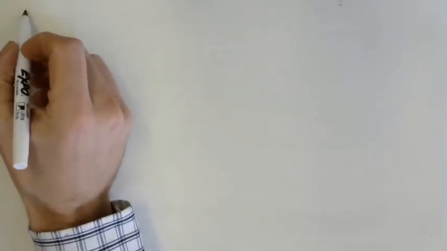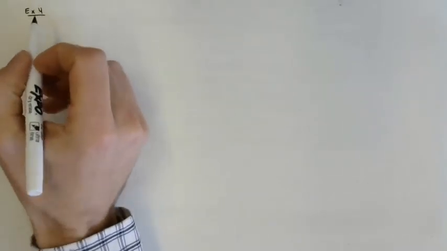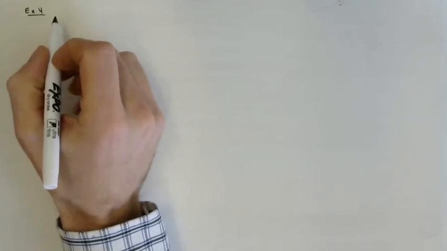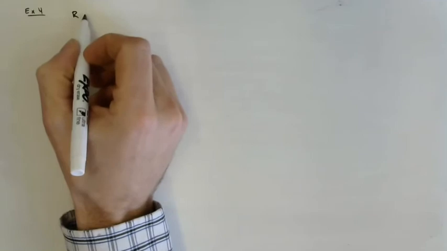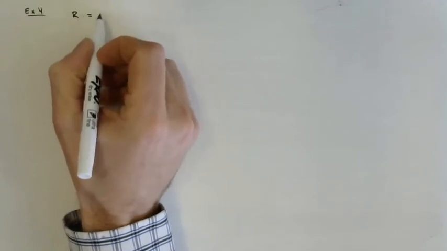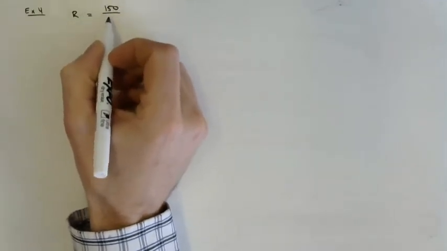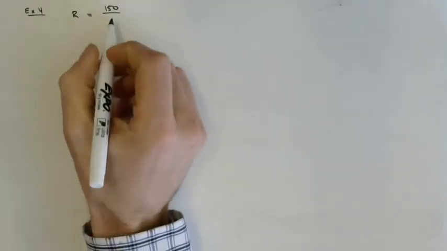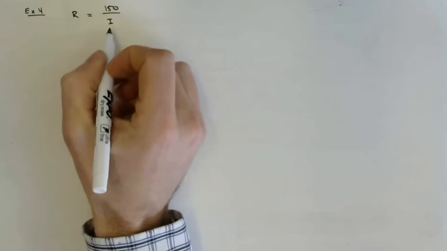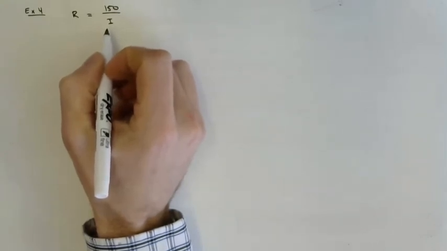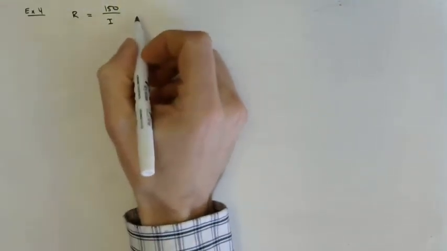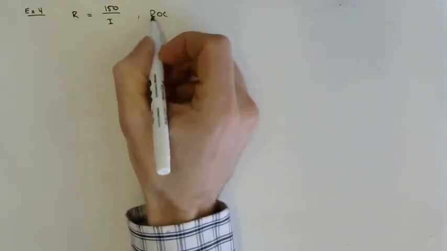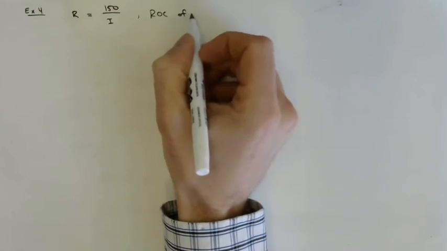Example 4. Example 4 is dealing with electrical currents. We have an electrical current with a resistance measured in ohms, represented by 150 over I, where I is the current in amps. So we have resistance with respect to amps, and we need to determine the rate of change of the resistance. So we're looking for the rate of change of R